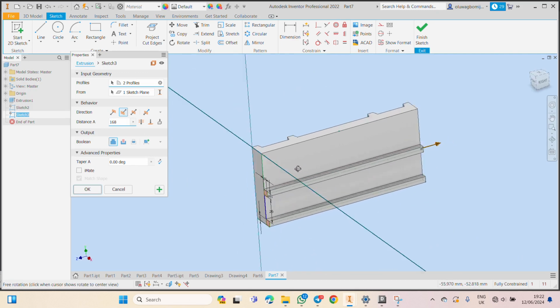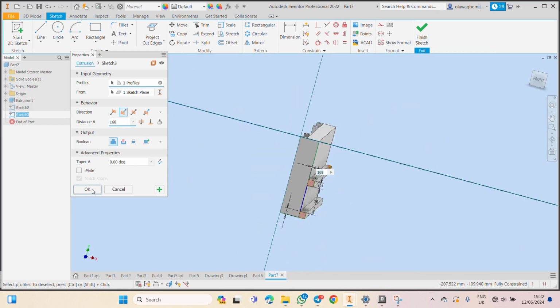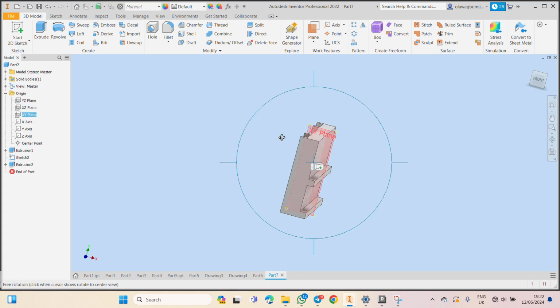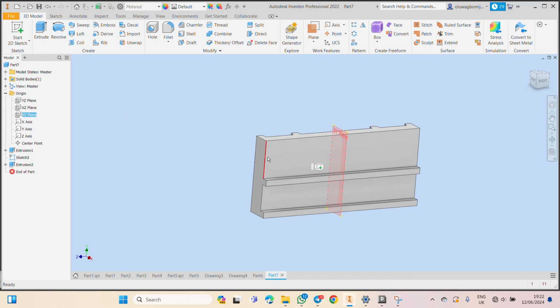168 is the right length there. So we're going to be having this. I haven't done that. So now what I've done is let's create a plane to do what we were to do initially. So we're going to use the XY plane. Look at the XY plane. So from the center, we're going to be having